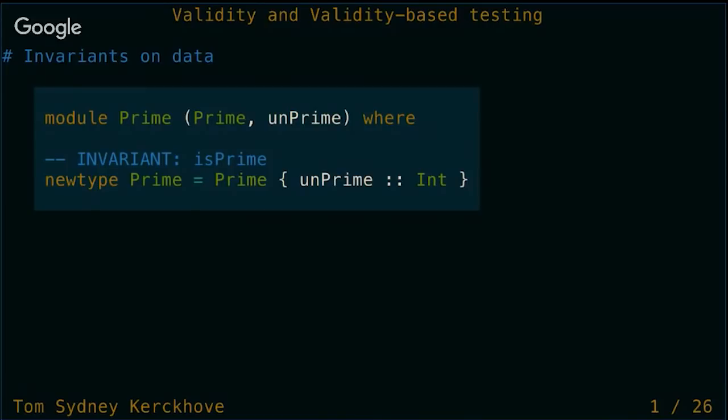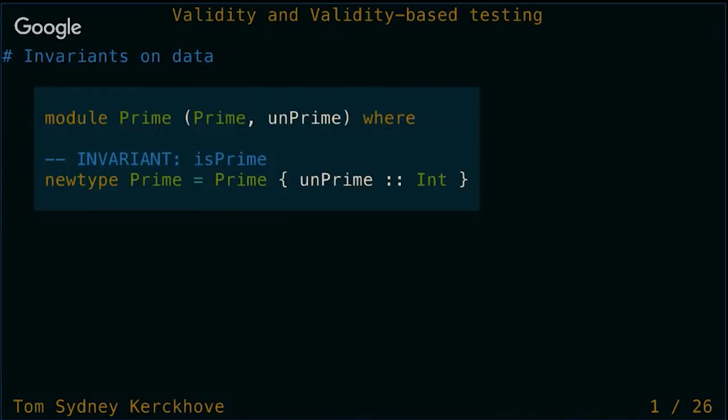What I'm going to be showing you is Haskell code, but all of the principles also apply in other languages, at least they should. And the library that I'm going to be presenting could probably also be rewritten in other languages. It just so happens that it's rather easy to do in Haskell, and I have not tried in other languages. So when we have invariants on our data types,